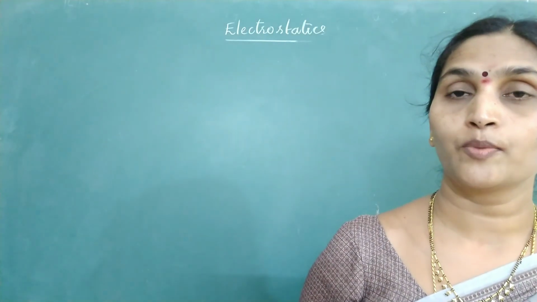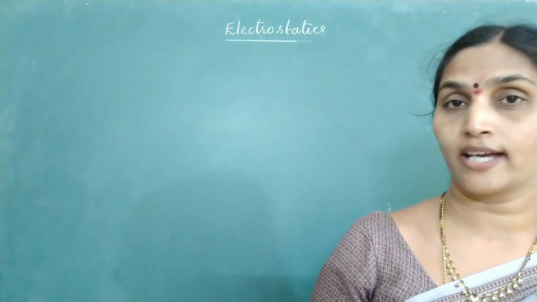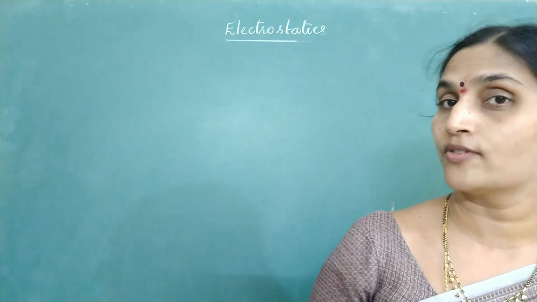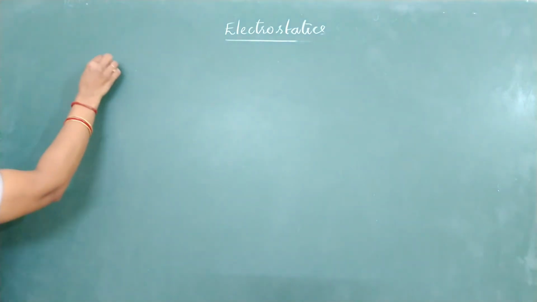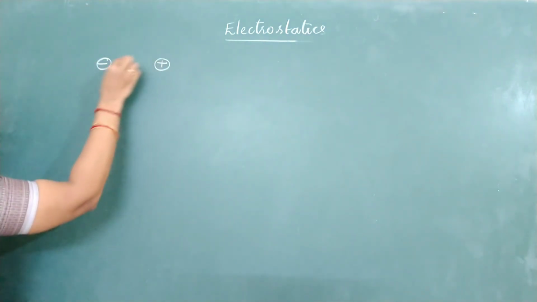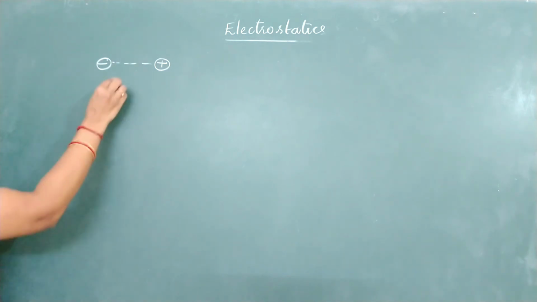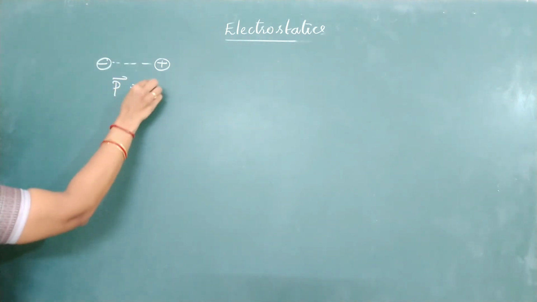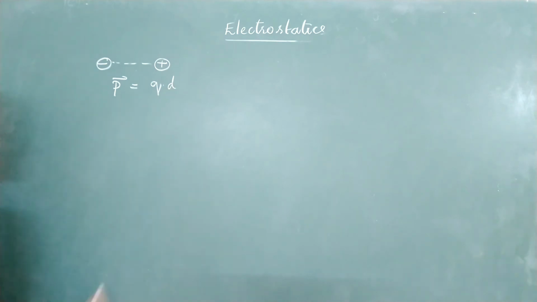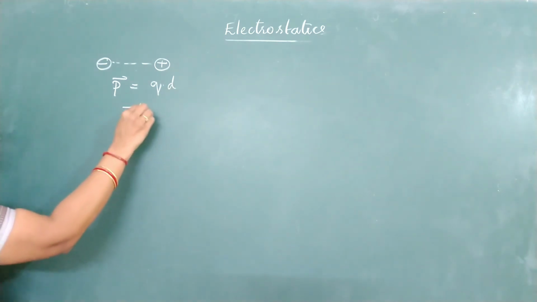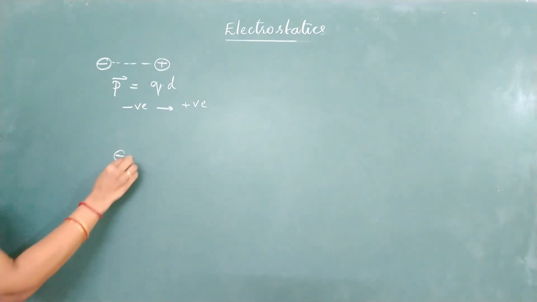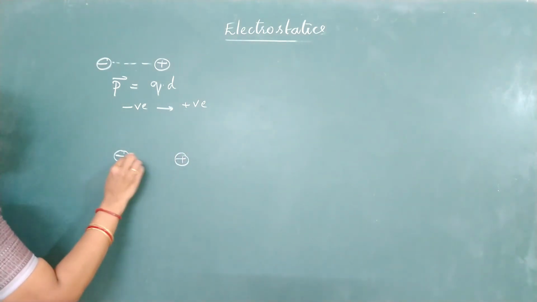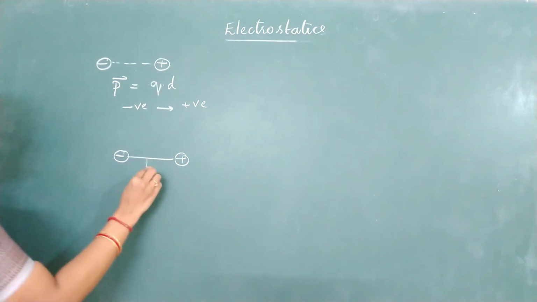Okay, now coming to a dipole. Regarding a dipole, we have studied field along axial line, then along equatorial line, and for any other point on a dipole. Let us see the formulas. We know dipole is a system of equal and opposite charges separated by a finite distance. Dipole moment is the product of charge into distance between the charges. Direction is always from negative to positive. So how do we evaluate the field along axial and equatorial lines of a point dipole at a distance small r?